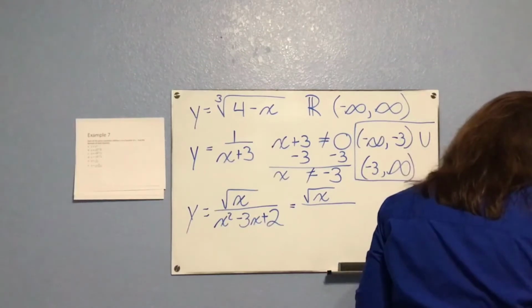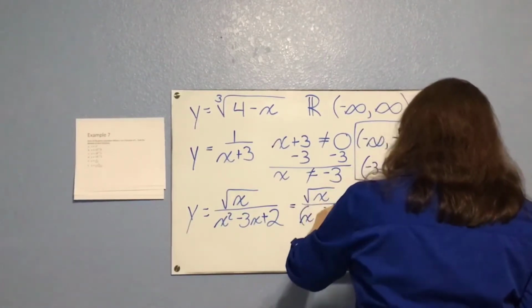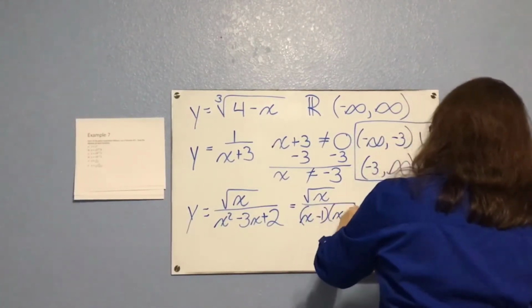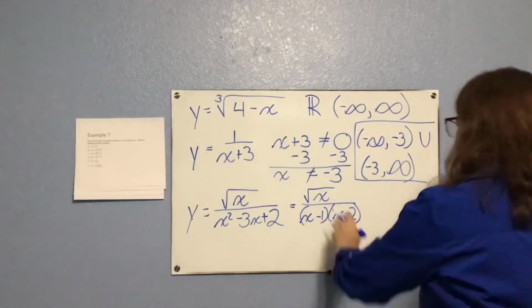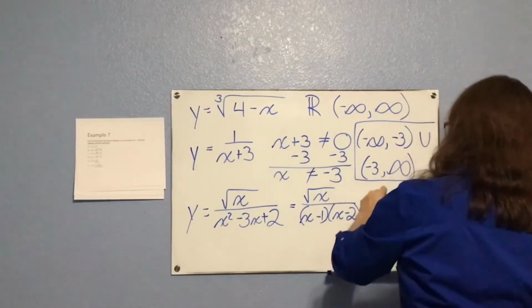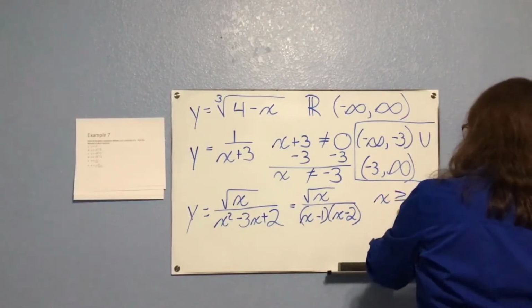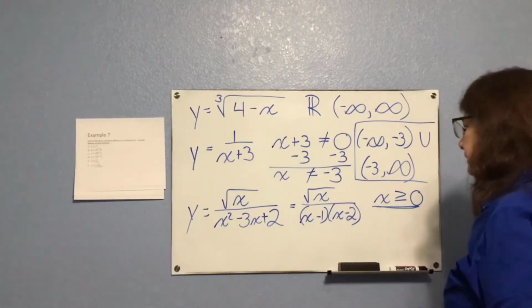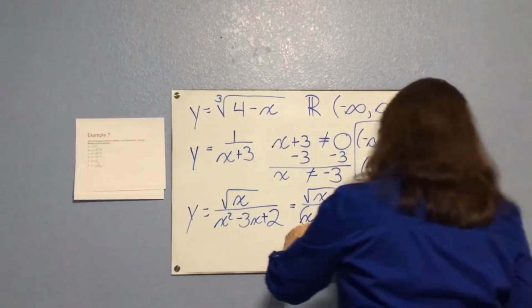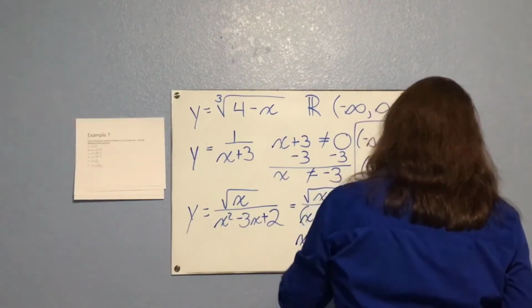I can factor that into x minus 1 and x minus 2. So now my numerator tells me that x must be greater than or equal to 0. So that's part of my domain. I've got to have positive numbers. My denominator tells me that x cannot be 1